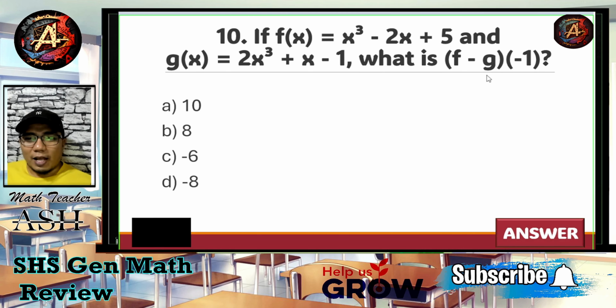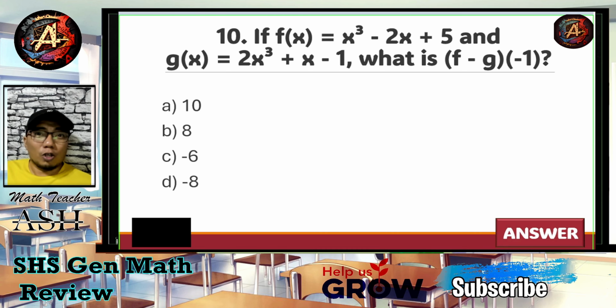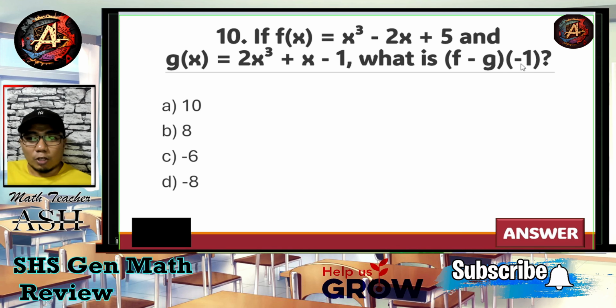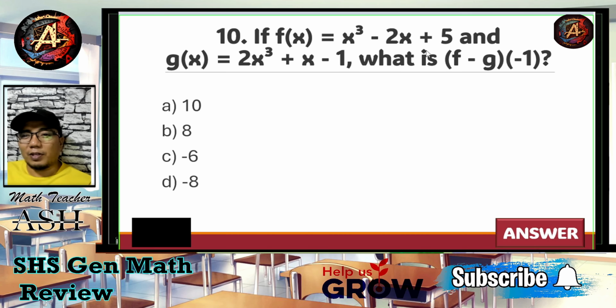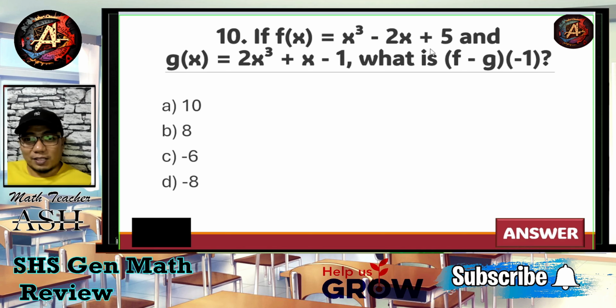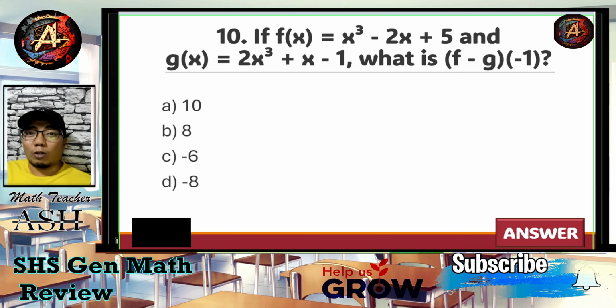Okay, my dear math learners. Now, in solving this one, if you really have a value of your x, it is best for me to substitute it into your different functions. And then after that, you combine them depending on the operation. Okay, so we have here negative 1. So if negative 1 is substituted in f of x, then that would be negative 1 cubed. And negative 1 cubed is negative 1. Very good. Now, we have here negative 2 times negative 1. That would be positive 2. Positive 2 plus 5, that would be positive 7. So, negative 1 plus 7, that would be positive 6. So, we all know now that f of negative 1 is equal to positive 6.